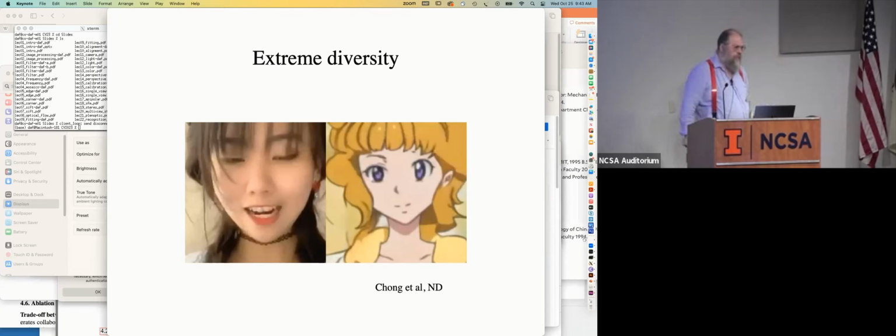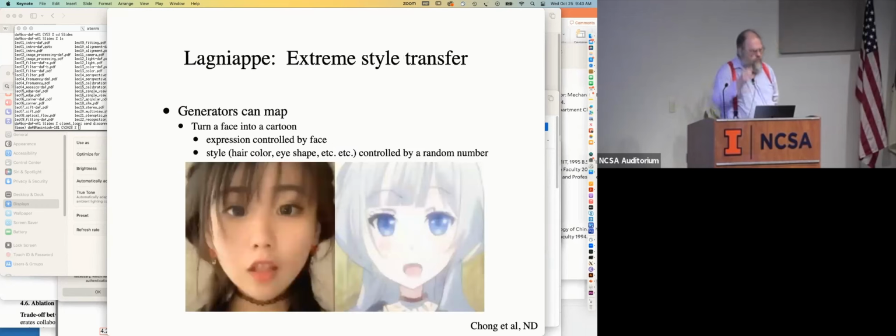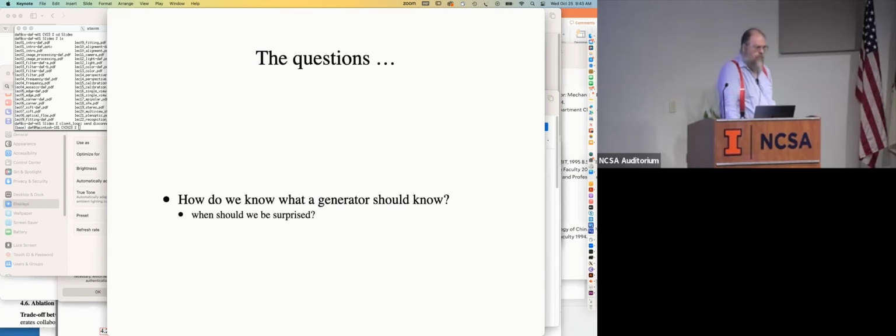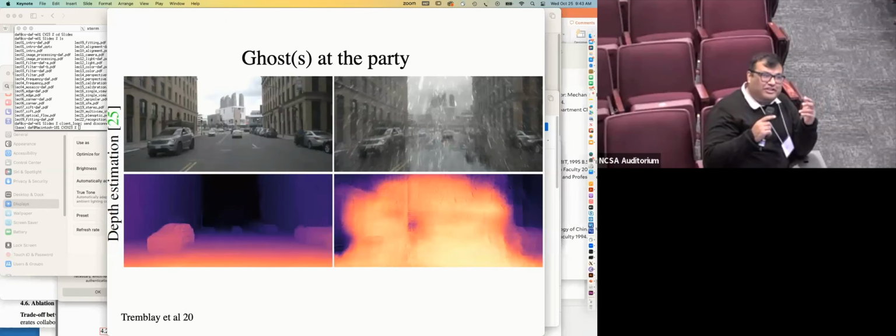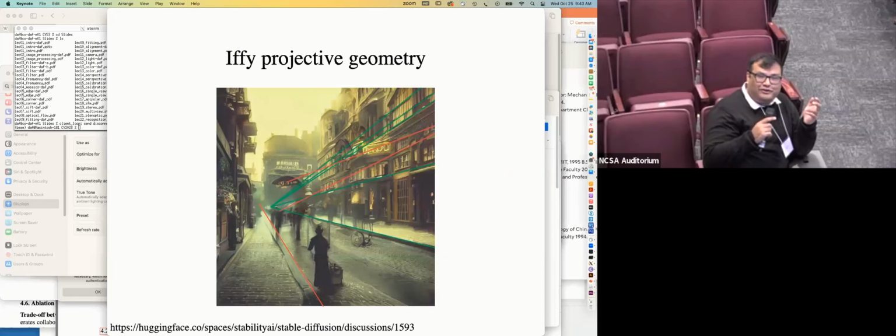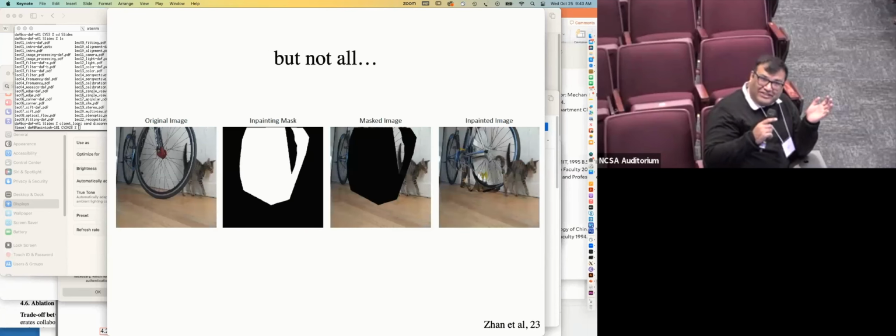So I want to harp more on this idea of what you should be surprised at, what these models know. To me, the idea of the cat, like the cat has one tail, should have been a much easier thing for these models to learn than these projective geometries and surface normals. If you think of how human knowledge has evolved over the centuries, we knew about the one tail of a cat much earlier than projective geometry and so on. So why is this the case? Easy things are still harder for these models, whereas harder things might be easier for these models? Do you have any thoughts?